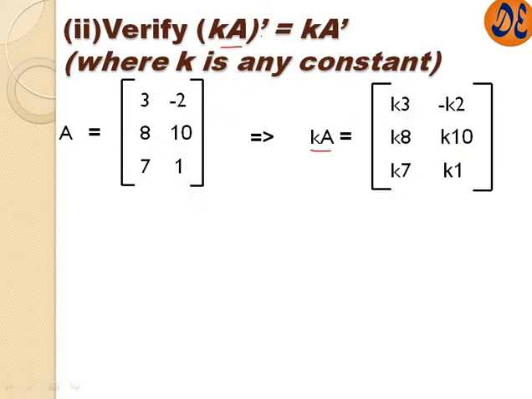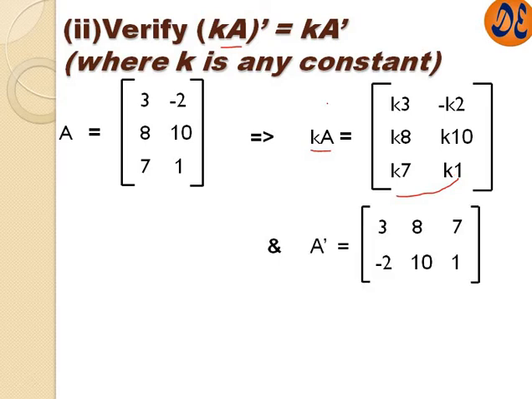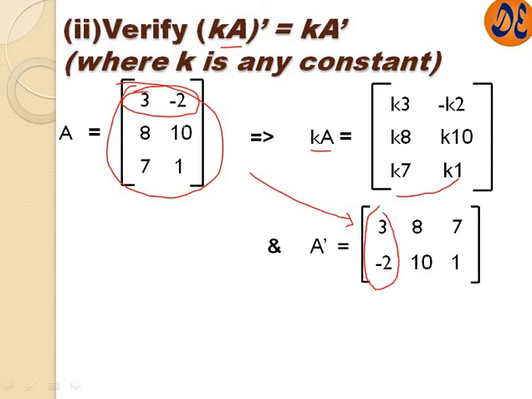Now we will have to transpose it. If we transpose this particular matrix, what are we getting? If we transpose this matrix, we are getting this particular matrix. Now it is very easy, we have done it just earlier. Row number 1 becomes column number 1, row number 2 becomes column number 2, row number 3 becomes column number 3. So we have got the transpose of A here.